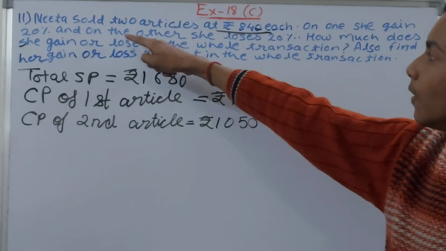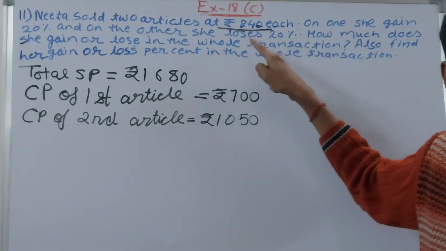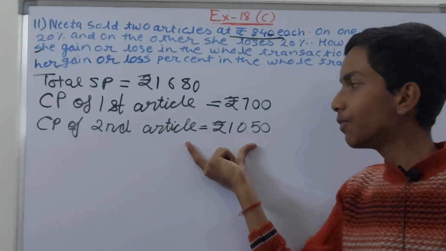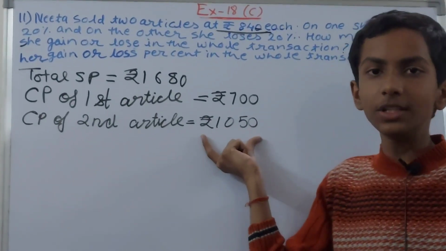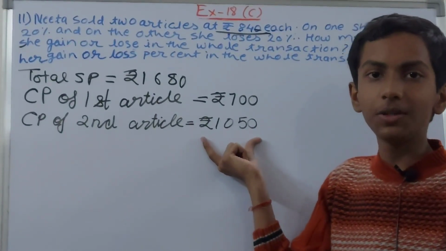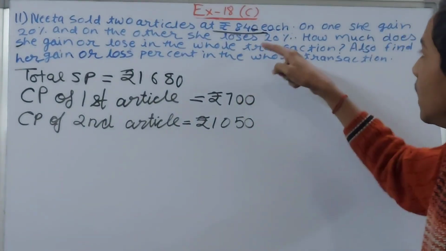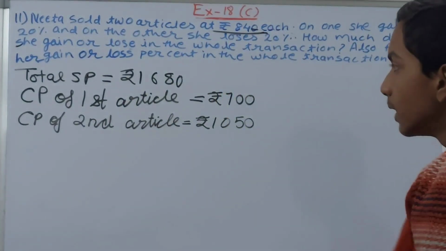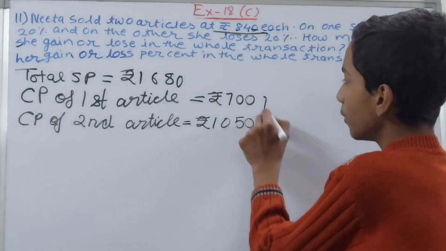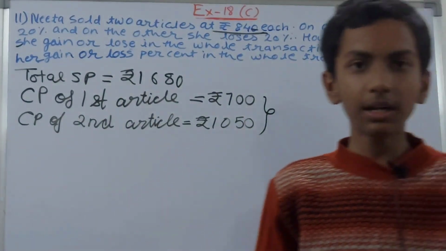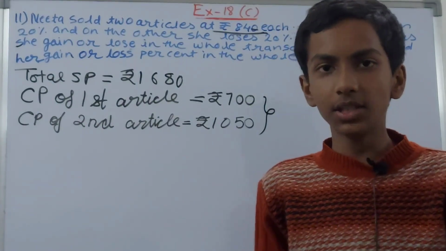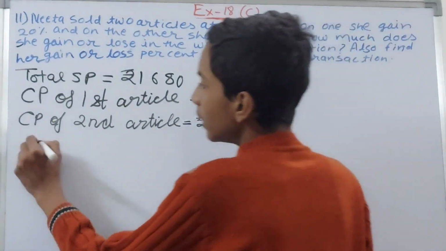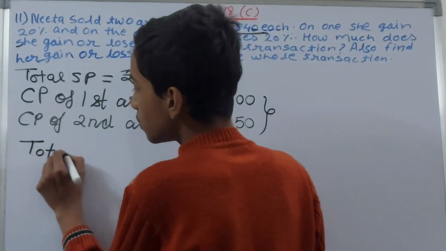Then it says on the other she loses 20%. So this is the article on which she loses 20%, that is 1050. So when she loses 20% on 1050, the selling price is 840. Now we know the CP of both of these articles, but the total CP will be the combined CP of the first article and the second article. So the total cost price becomes what,